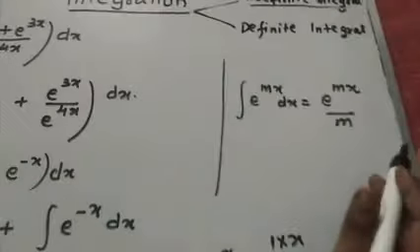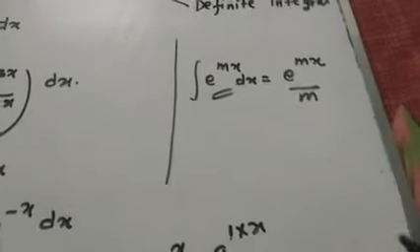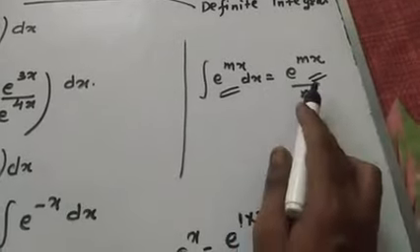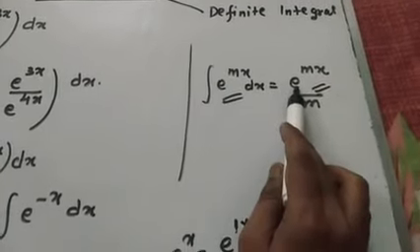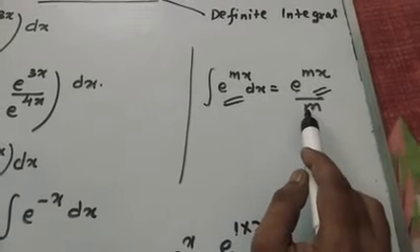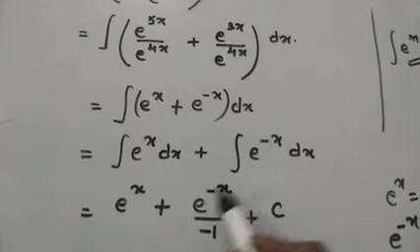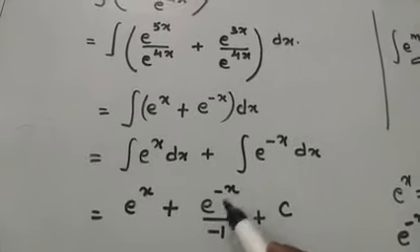See, after integration, whatever the term is here, same ditto the term is in the numerator. So no change in numerator. You can see that whatever the term you are integrating, the same term is in the numerator. Just you have to divide it by m. So similarly here, whatever the term I am integrating, I am just writing the same term, e to the power minus x, just dividing by m.